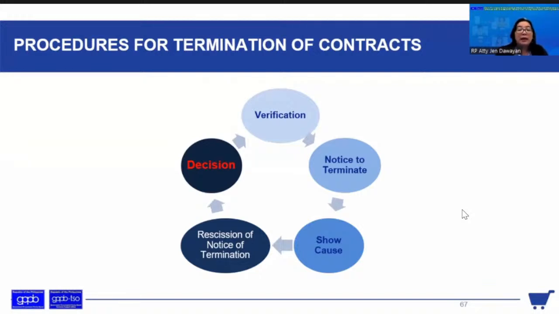And this should be submitted within 7 calendar days, otherwise, if there is an inaction, then it would be terminated yung kontrata, no? And then there is now the rescission of the notice of termination just in case i-withdraw yan ni procuring entity,